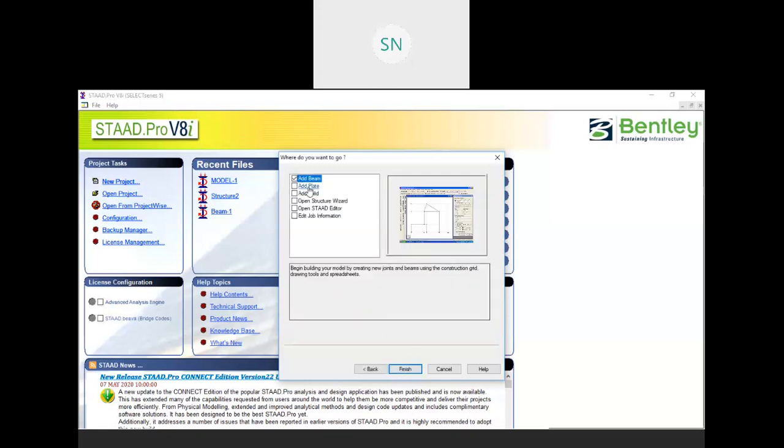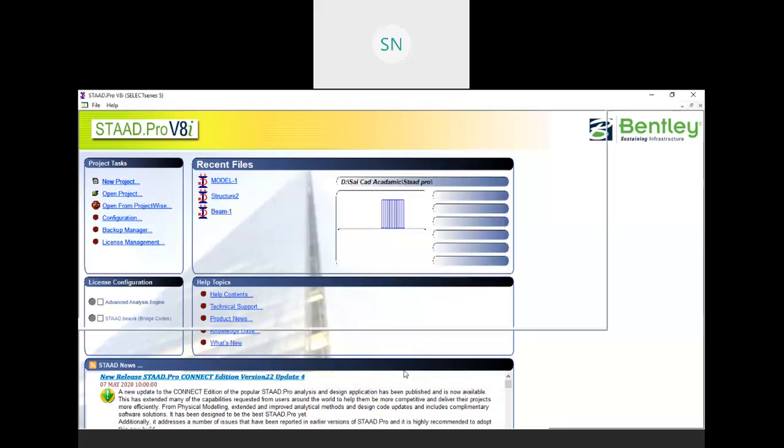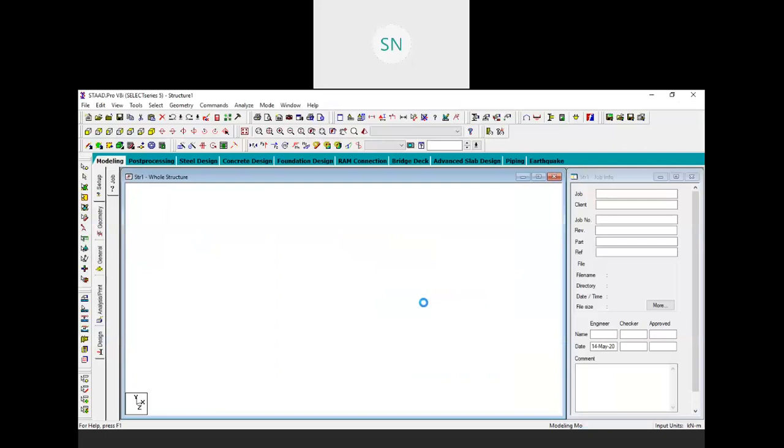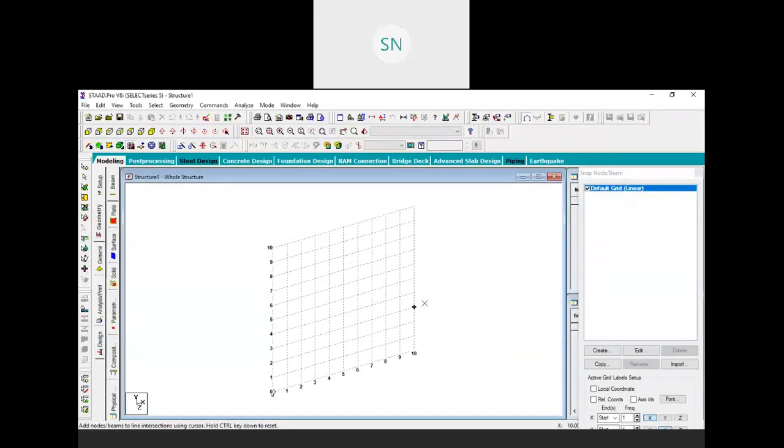So click on next. Here with the add beam we finished it. And over here we learned how to create a model using this grid system, that is our graphical user interface.